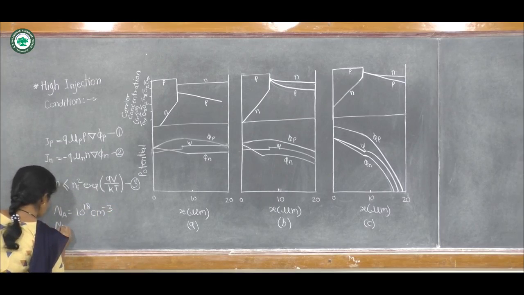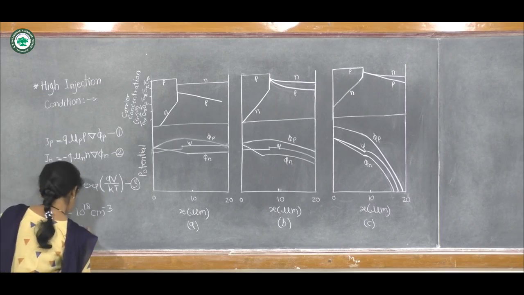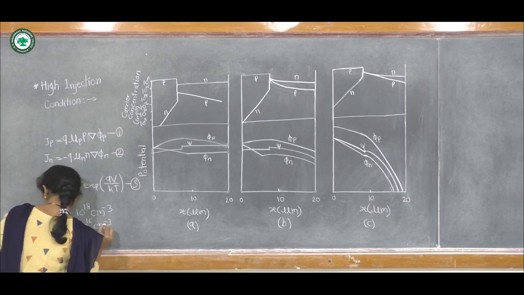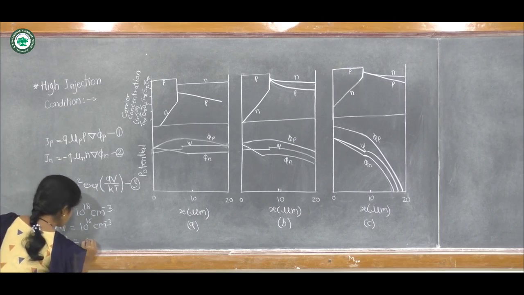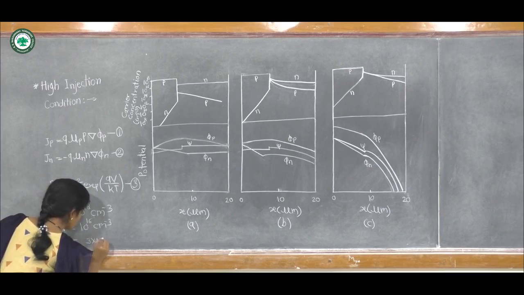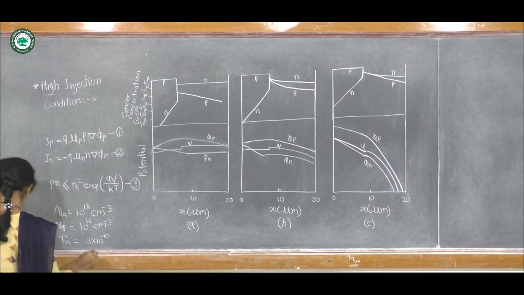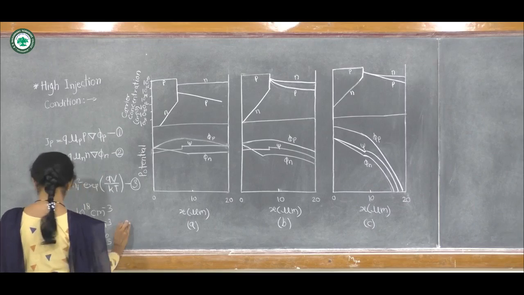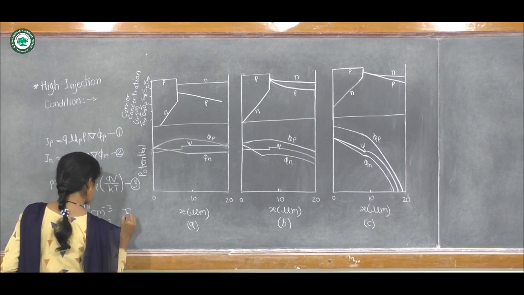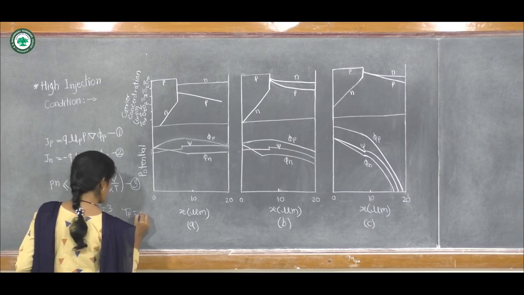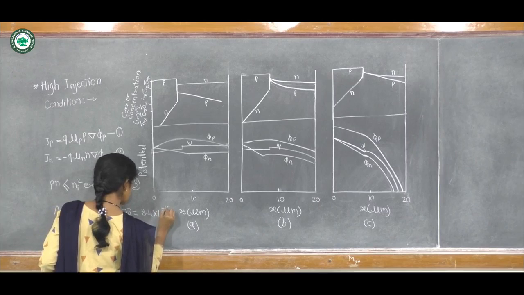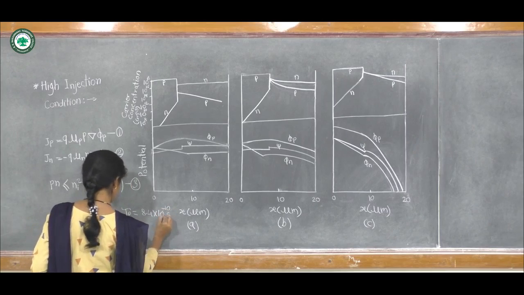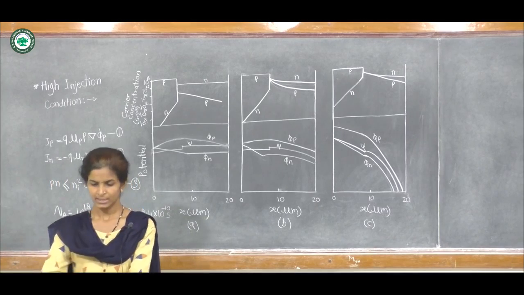Nd is equal to 10 raised to 16 per centimeter cube, and tau n is equal to 3 into 10 raised to minus 10 second, and tau p is equal to 8.4 into 10 raised to minus 10 second. So by using these parameters,